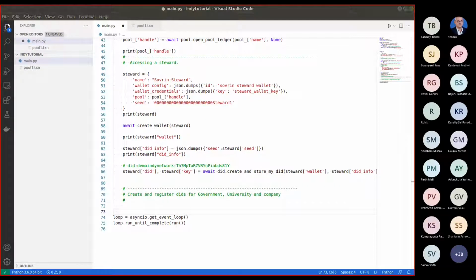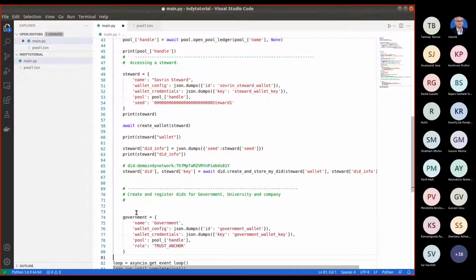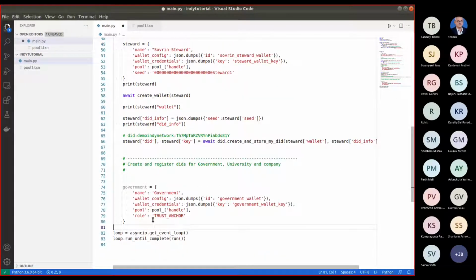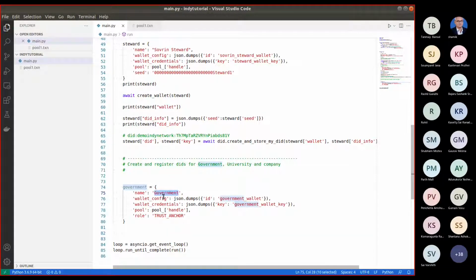So we will be specifying a government dictionary. So the name will be government. We have a wallet config, some ID, some key, the same pool, and this is important, the role. So we'll be generating a verinym, which is a registered DID.